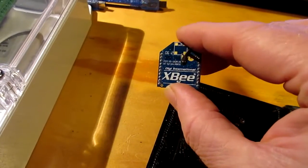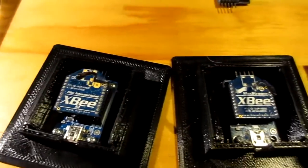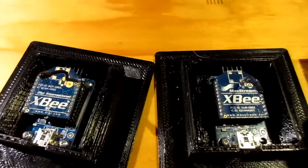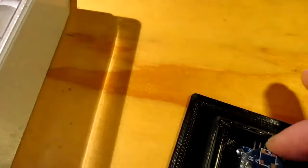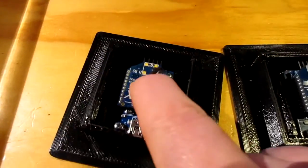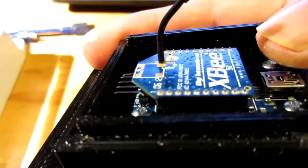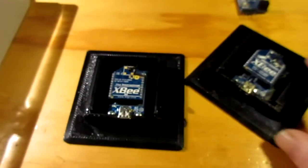Here I've got a Digi International Xbee. So these both communicate using the Xbee protocol, and as long as we set them up with the right parameters, they'll talk to each other. So I'm going to snap this in there just like so. Make sure I got it down on each side. Okay,